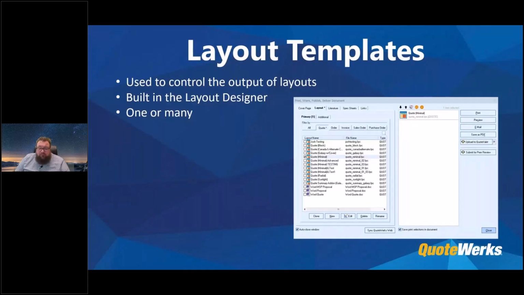You can have one for each business unit that you work in. You might have one that's focused when you sell a specific product line that you have. Really, the number of layouts that you can have is endless, and the way that you can use them is even more great. They can be very simple,